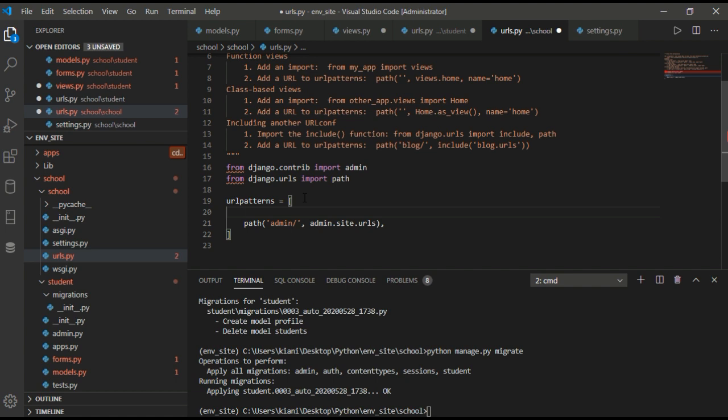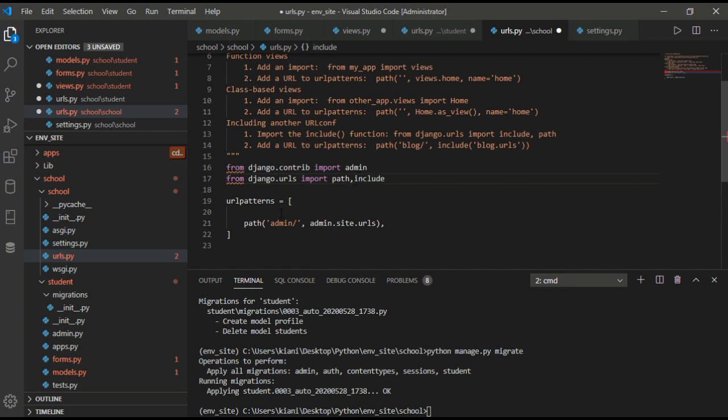So there is an array urlpatterns, and this array will hold the first parameter as the path parameter, right?